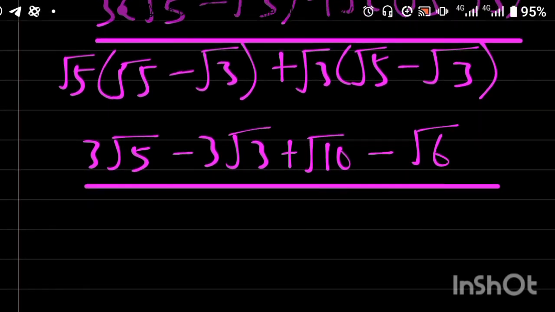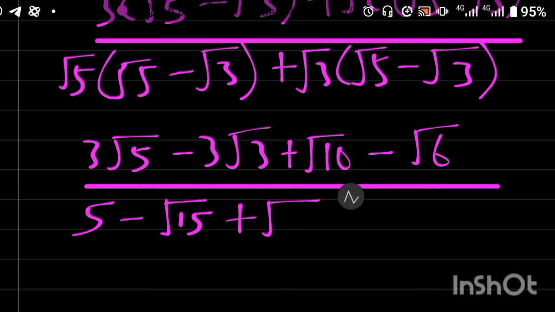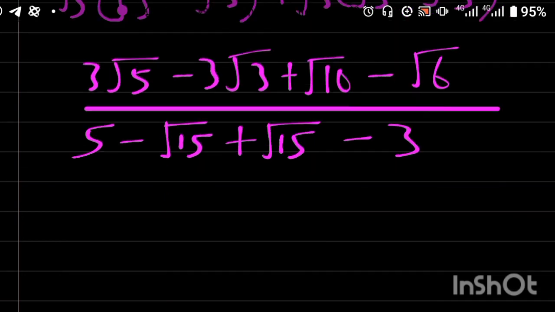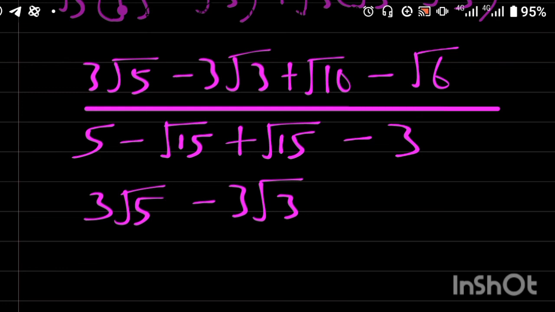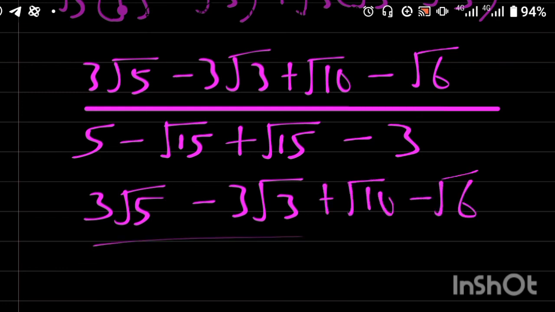Let's expand the denominator. I have root 5 times root 5, the answer is 5, minus root 15. Root 5 times root 3, 3 times 5, 15. Then plus root 3 times root 5, that is root 15. Then minus root 3 times root 3, the answer is 3. Therefore, I'm going to have 3 root 5 minus 3 root 3 plus root 10 minus root 6 all over